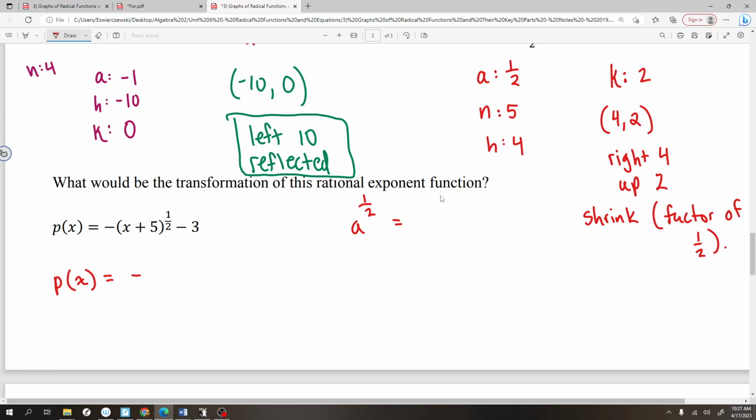Would this be a second root, a third root, an 18th root? The denominator tells me second root. So something to the 1/2 power is the same as square rooting it,